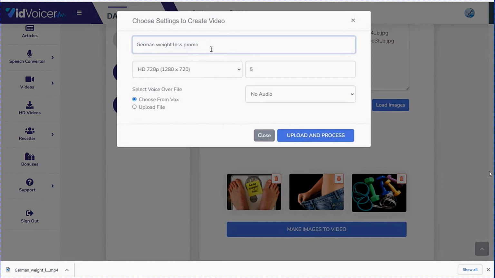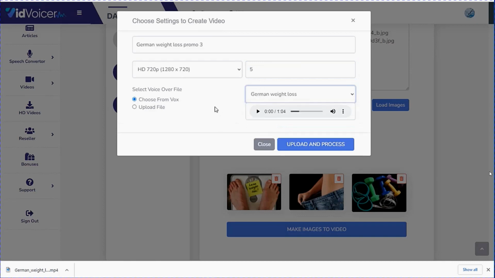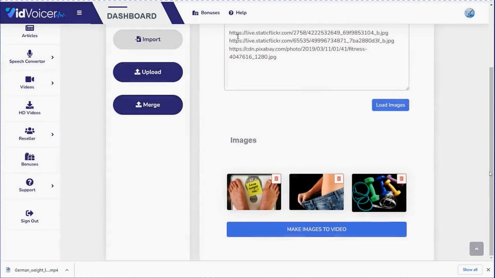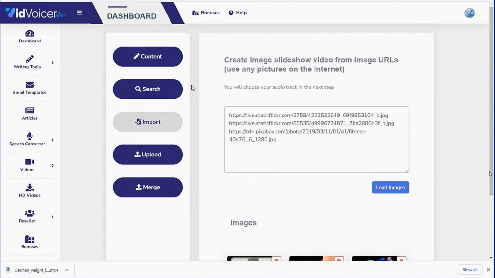So we would call this one German Weight Loss Promo 3, and then select the size, select how many seconds you want each slide, and then select your background track. Upload and process, and that's going to create yet another video. All right, so as you can see, we've got several ways of making amazing instant videos,